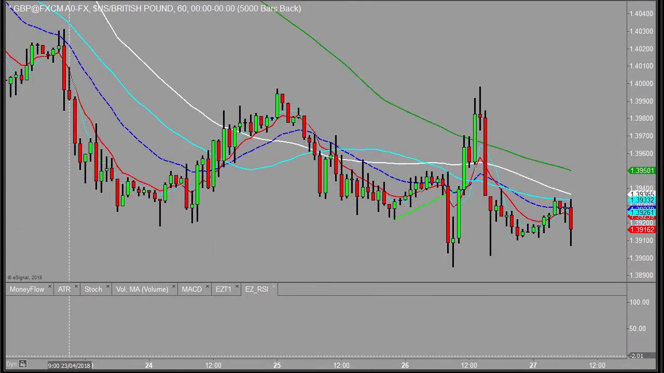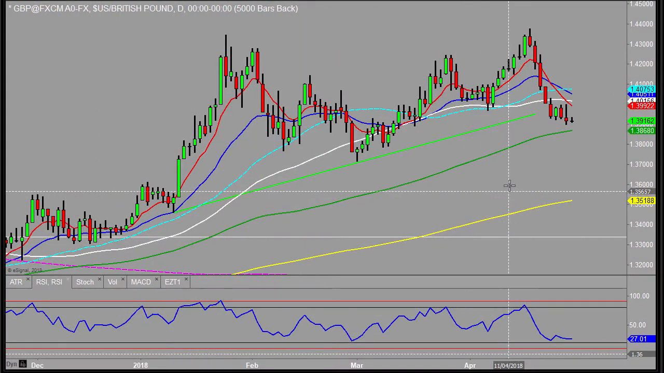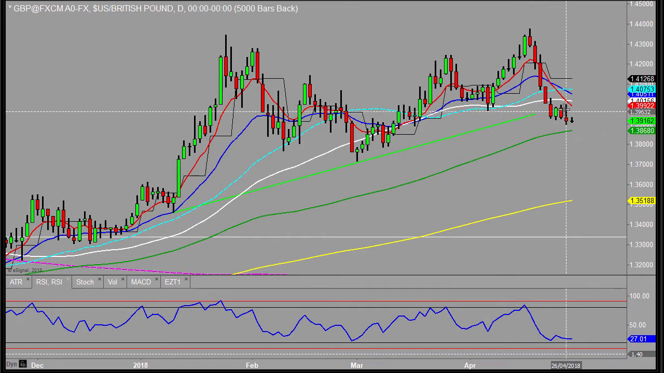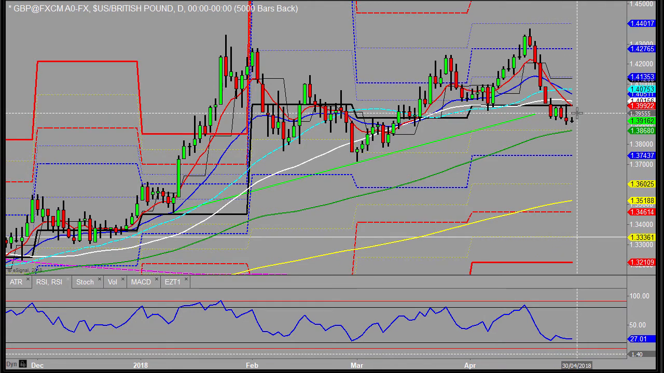Let's move on to the British pound. Consolidation. Now we had a lovely little trade out of this yesterday morning, and then it rallied right the way back, then sold off again. It's consolidating in this phase here,